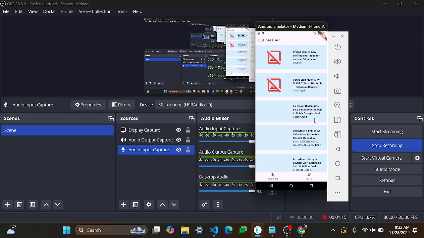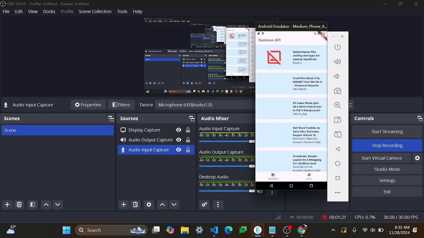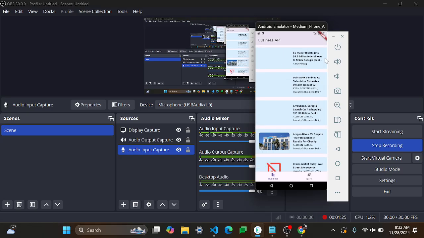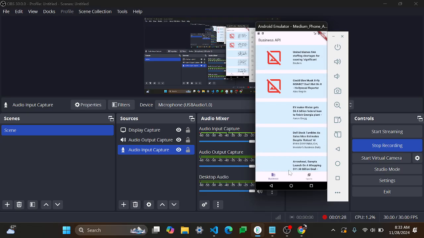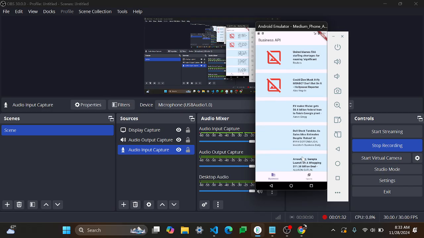Okay, the image is still loading because my internet is lagging, and if the image is null on the API, the image will be replaced by an